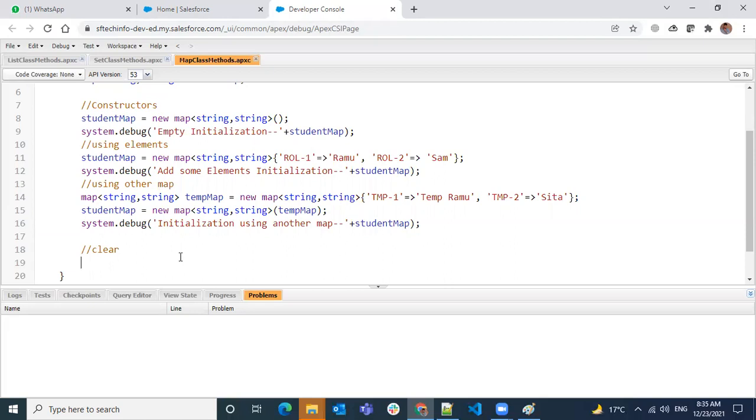So when you're doing the initialization itself, it's like this. But what are the different methods to add the values to a map? For list and set, what is the method we have used to add elements to the list or collection? We use a method called add, or addAll, to add the elements. Similarly, we have a similar method to add the elements to the map also. Okay.